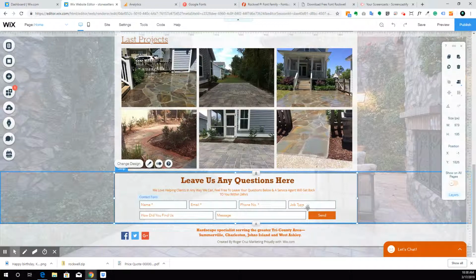See, I added some extra fields here. How'd you find us? Message, job type. It's better just to leave it like this instead of check boxes. That way they can just type it in their own words. Joe referred me or internet or Yelp. And if it's something that's a little too broad, you can just,